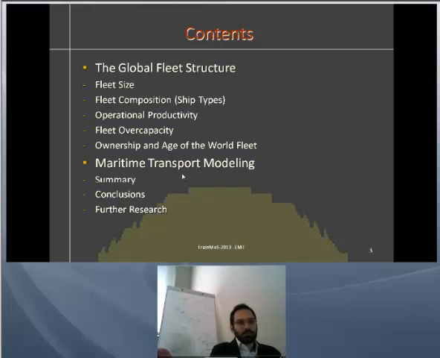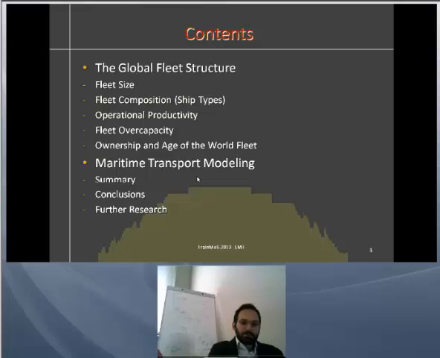Then we will have a look at the global fleet structure, more specifically the fleet size and up to date, the fleet composition, the various ship types that are available at the moment and the ones that are completed for the future, the operational productivity of the fleet, and the current fleet overcapacity, which is a main subject of the time. Then we will have a look at the ownership and age of the world fleet, some statistics